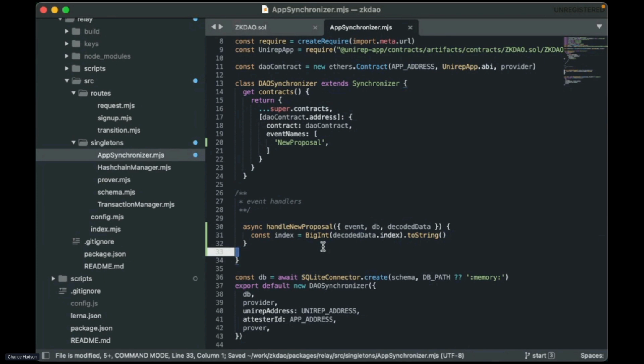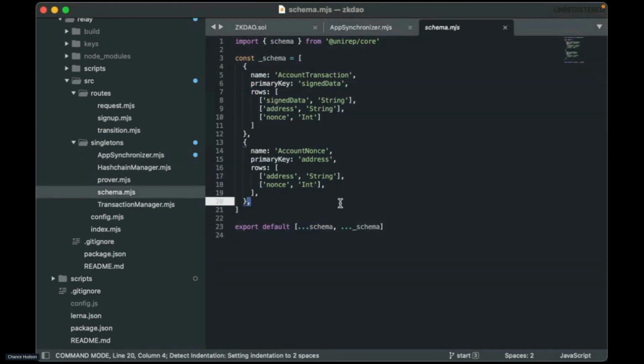This is a weird thing about decoding data from an event: you get a big number, and if you want to work with it in a database or store it in a database, you need to serialize it somehow. And so the native big integer into string is the way that we've been doing it. It's not a great approach because it's very space inefficient, but it's very semantically clear.